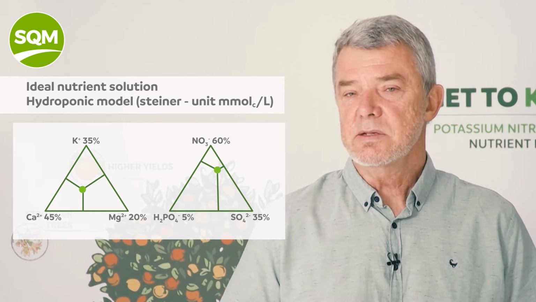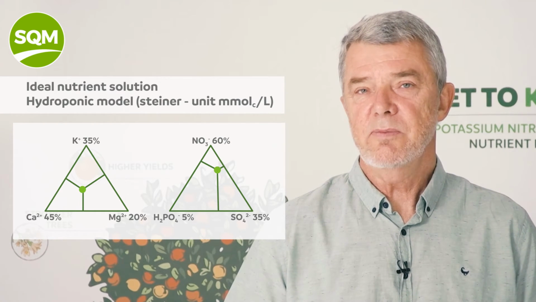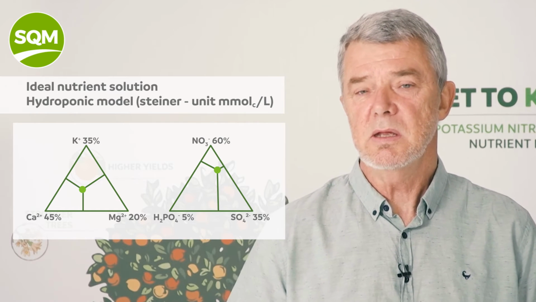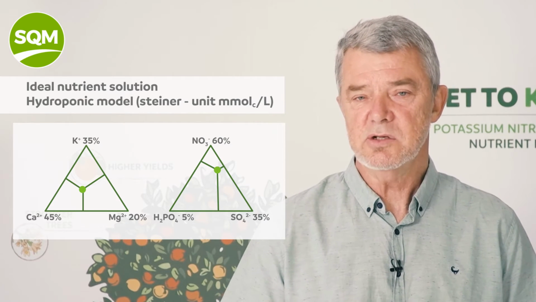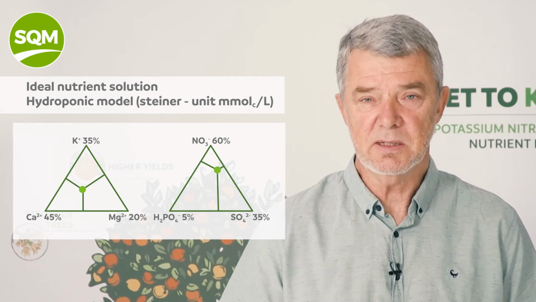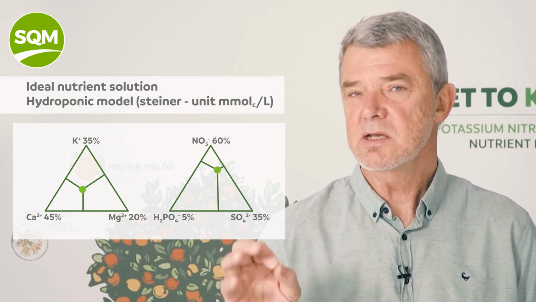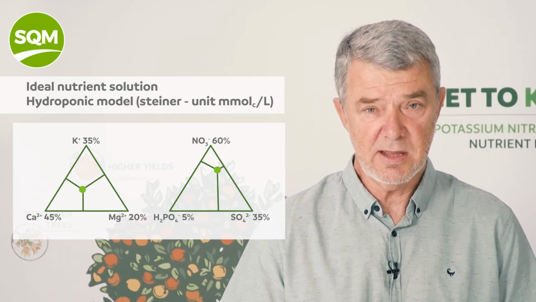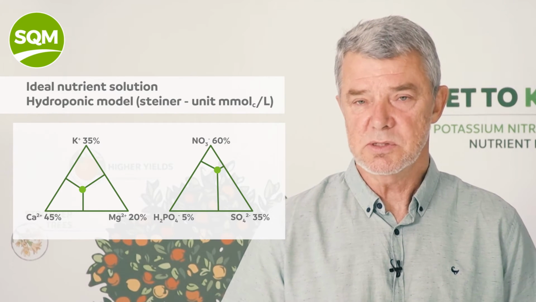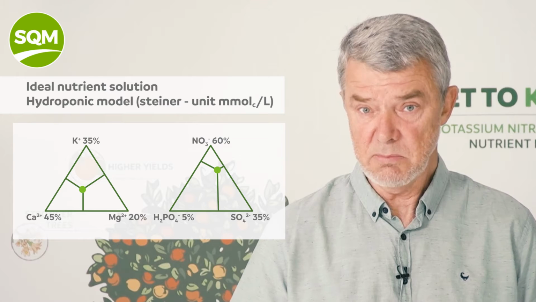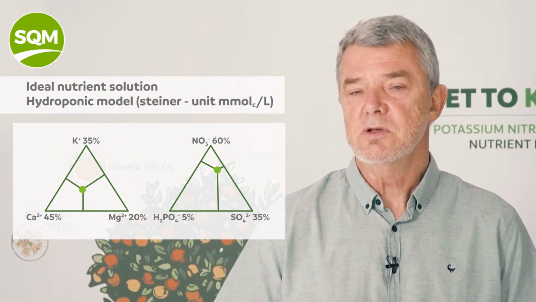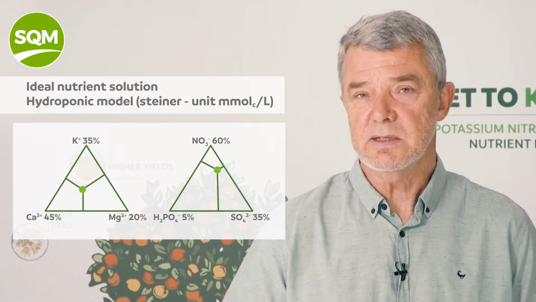If we look at the anion side, the chloride, if you apply too much chloride, then you will also disturb the anion balance of the nitrate, the phosphate, and the sulfate. So that also can be depicted as a useless salt. Chloride is required in small amounts, I don't deny that, but when you apply excess amounts, it will certainly affect the anion balance. Another example of a useless salt is excess sulfate.